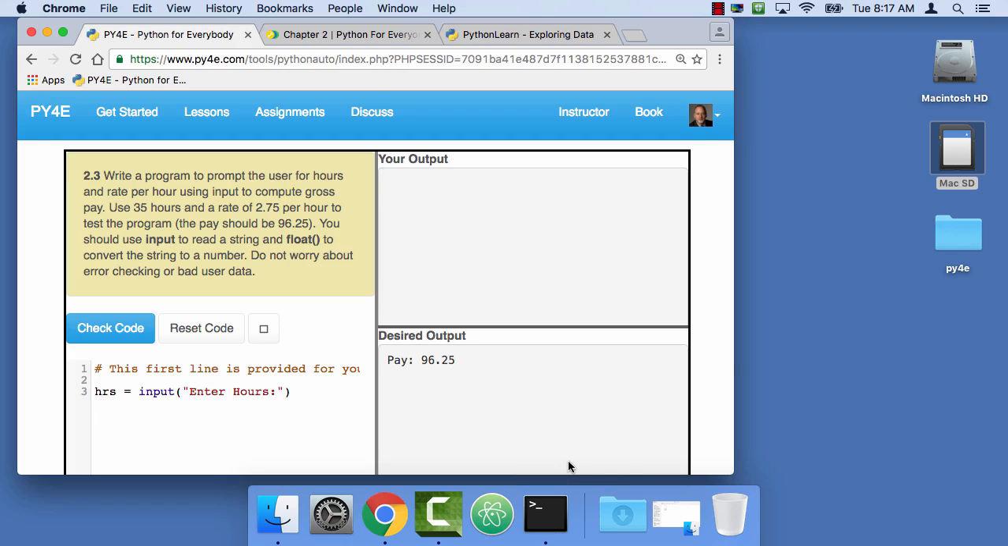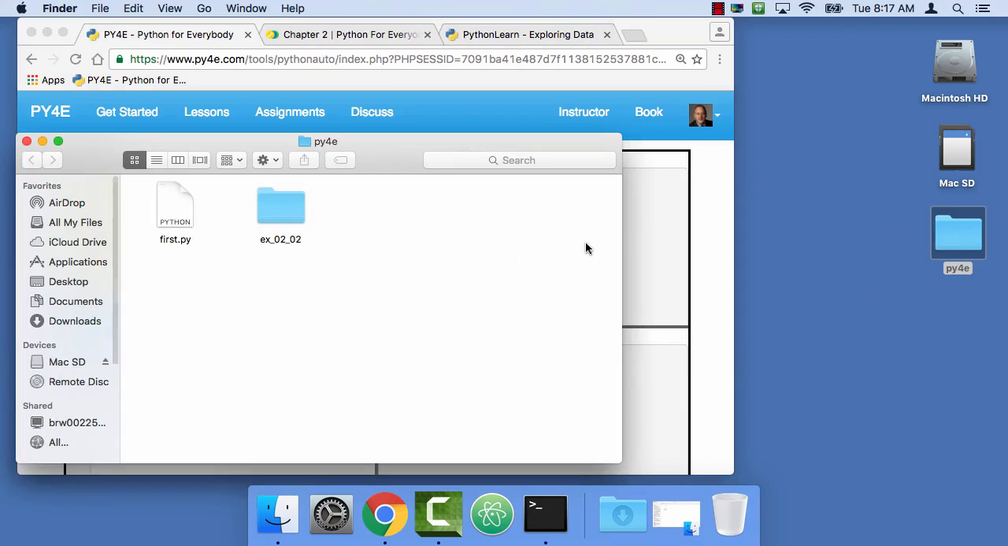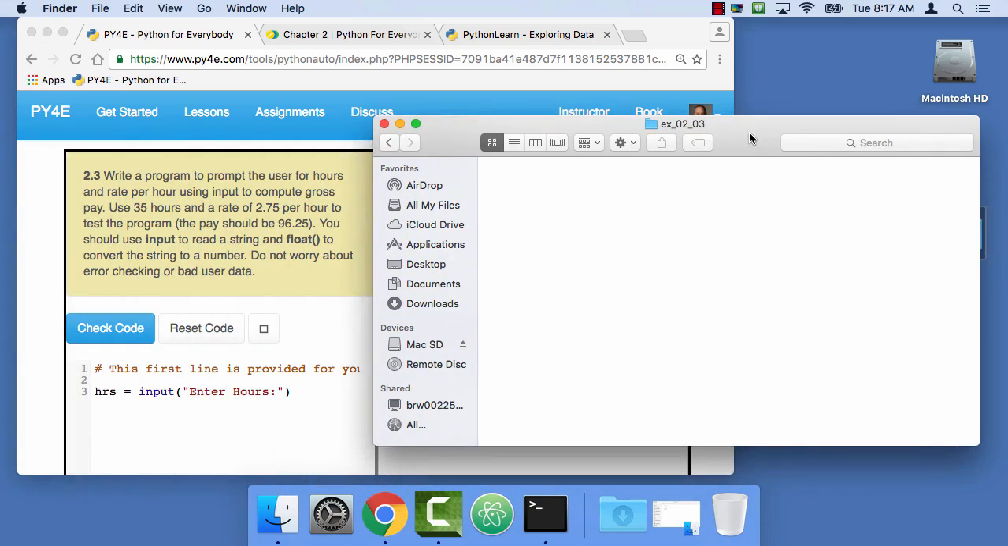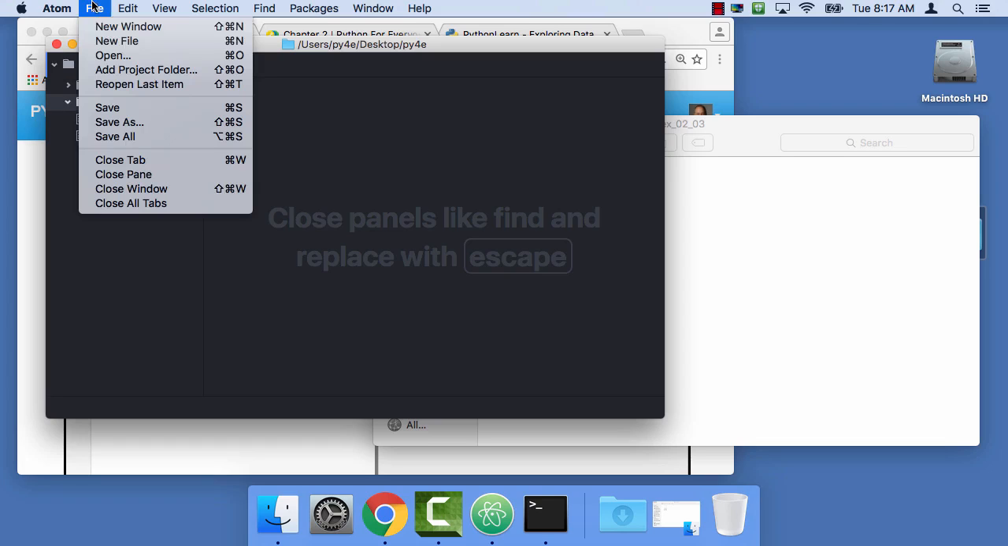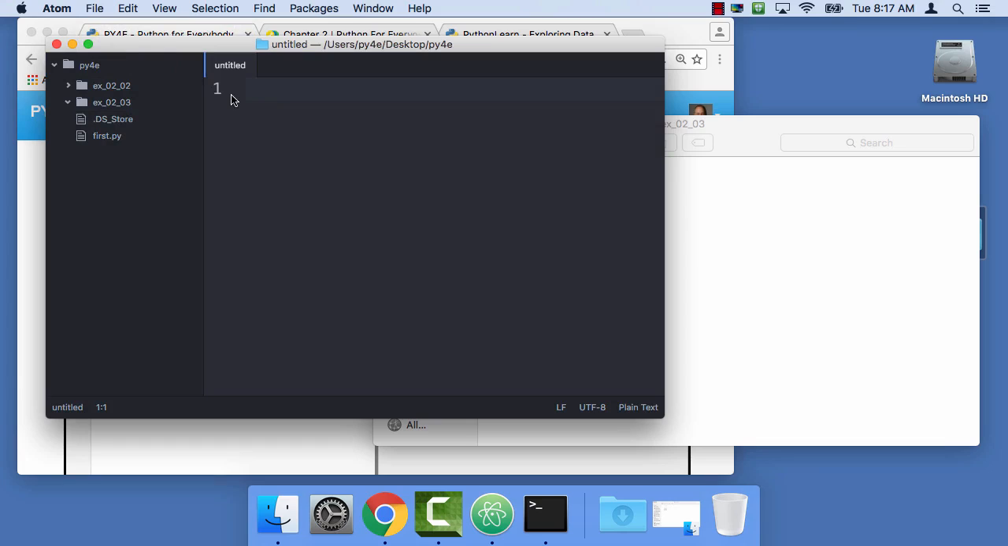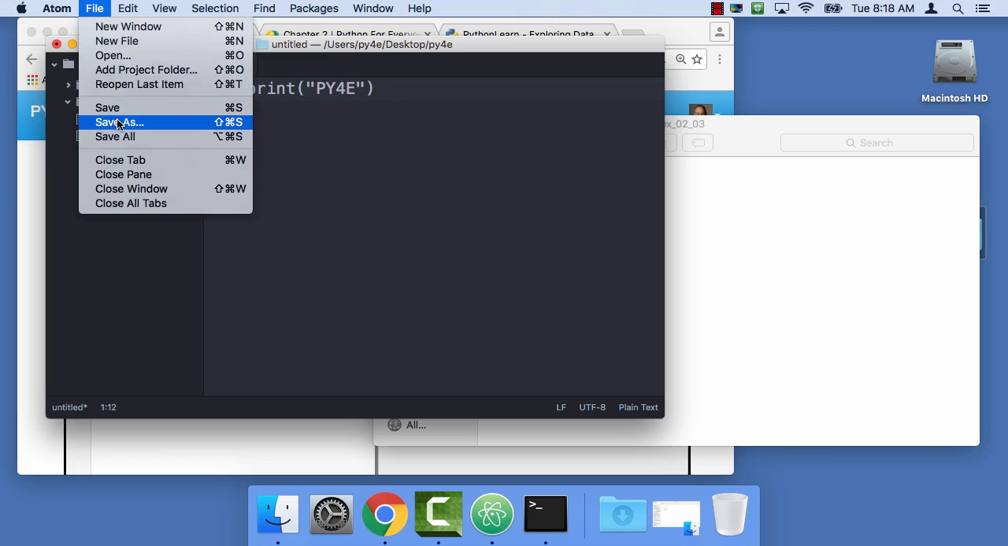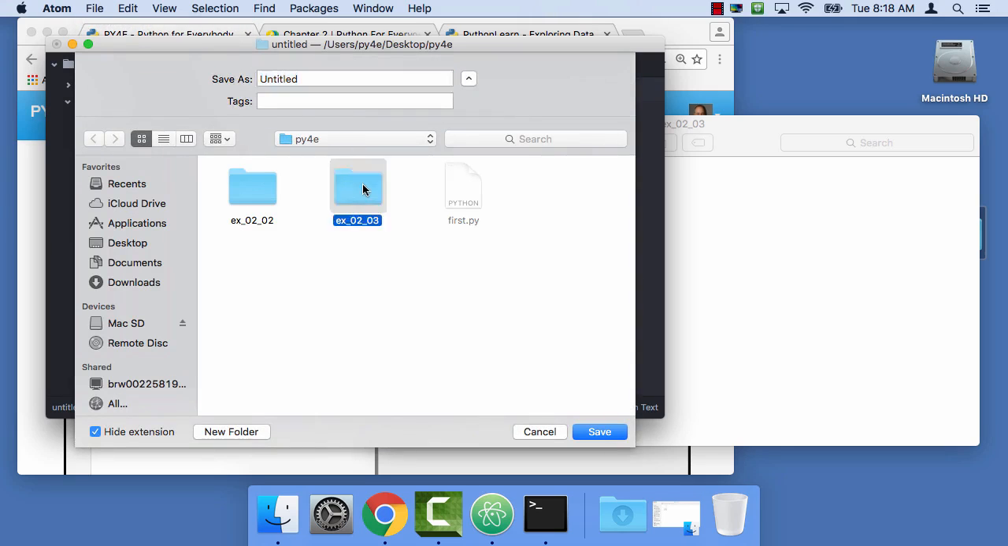So I'm first going to go into my Python for Everybody folder, and I'm going to make a new folder. Command-Shift-N is what I just did there, EX0203 for exercise 3. And so there's exercise 3. And I'm also going to go into Atom, which is my text editor. And see, I have that folder. And so I'm going to make a new file. And I always say print, I'll just say PY for E. Then I'll say file, save as, and I want to make sure it's in here,